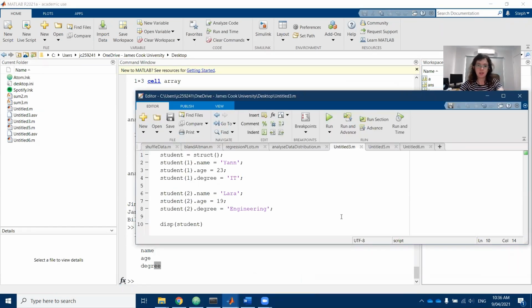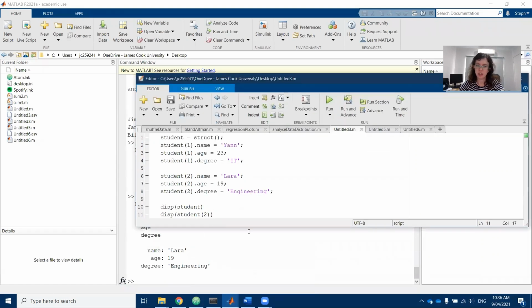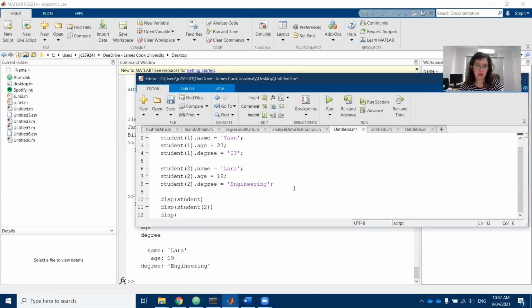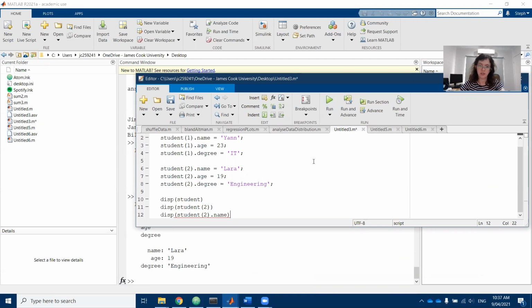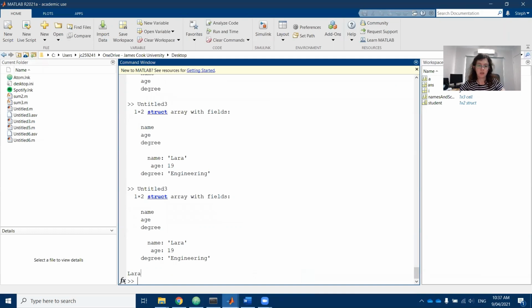So we can also extract a specific student. I can go display student 2, and that'll give me all of the fields for Lara. So it'll give me her name, age, and her degree. And I could also extract a certain value on that student. So I could go, what's student 2's name? Student 2's name is Lara. So that's our structure format. Pretty handy if you need stuff to be really understandable, because it's a little bit more human readable than a lot of our other data storage types, because you can sort of relate that to like a table or a database that you may have seen before. So a little bit easier to